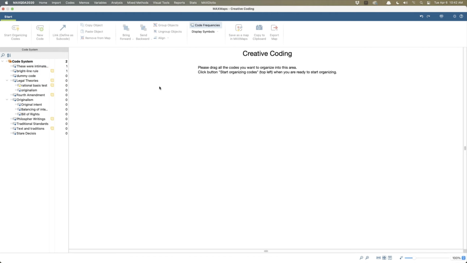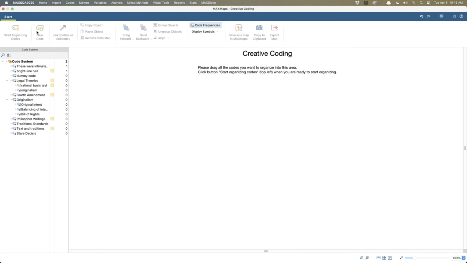And there is one limitation to this: this tool will not work unless there is at least one code in your coding system. You absolutely have to have at least one code in your system first. But I have several here.